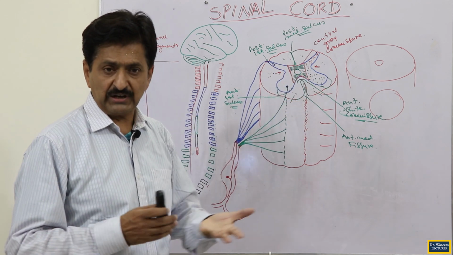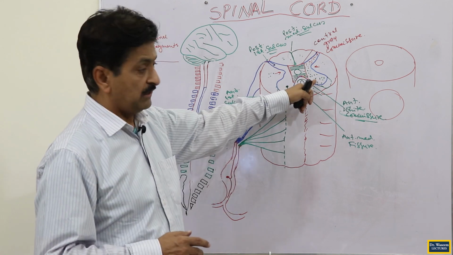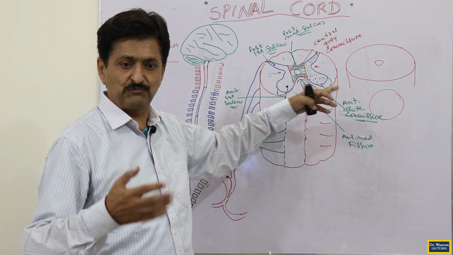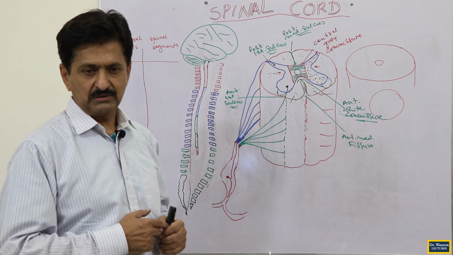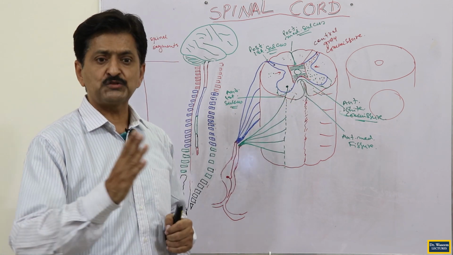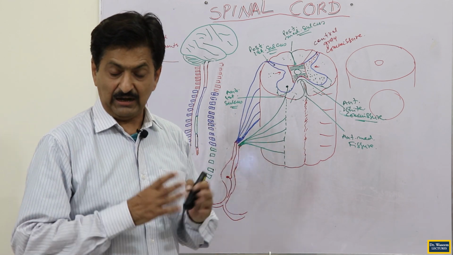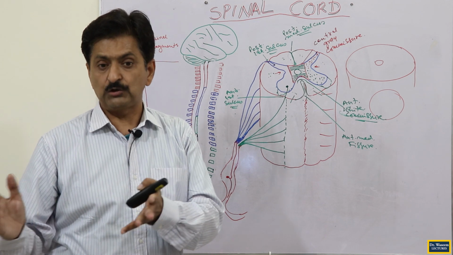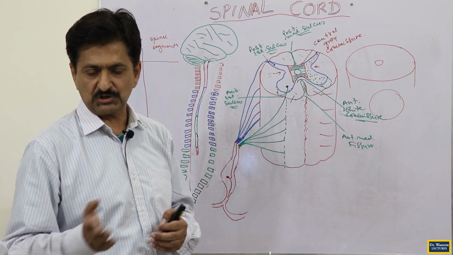The motor should again have two functions. We have already told you, voluntary and involuntary. It is motor. We will use the anterior horn, but the anterior horn should be divided into two portions. One where the neurons for involuntary functions are located, and another where the voluntary neurons are located. But it should be the anterior horn because for motor we have just two horns, motor horn and sensory horn.